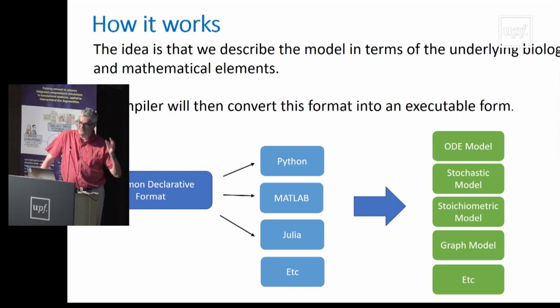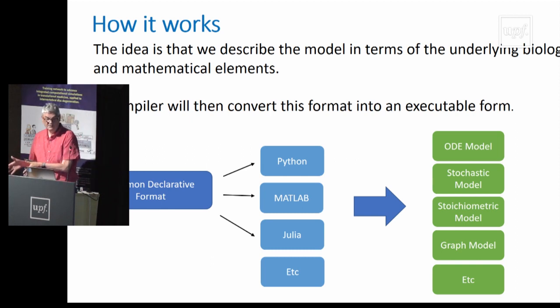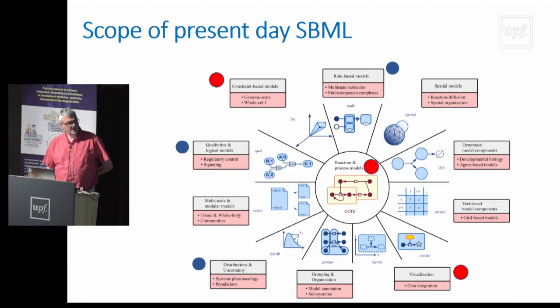You don't want to fix the approach in the exchange standard. You want the exchange standard to describe the biology and then let some kind of compiler convert it to whatever mathematical formalism you think is most appropriate. Okay. Now, I've just basically described the core, but after that, a whole bunch of extensions developed